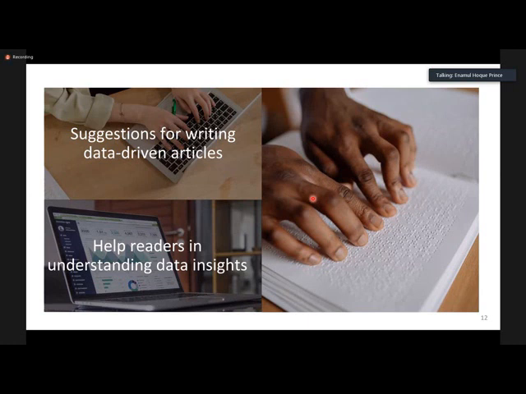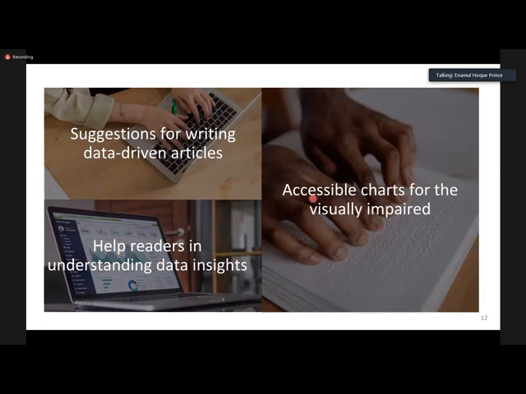And finally, but not least, we can create accessible visualizations for those who are visually impaired or fully blind. If we can generate the audio description, then they can at least understand the chart. This is particularly important because during COVID, we were exposed to a lot of charts showing the number of cases and deaths over time. But blind people, even though they need to understand this information, have no good way to do that. So I think that's quite an important application.